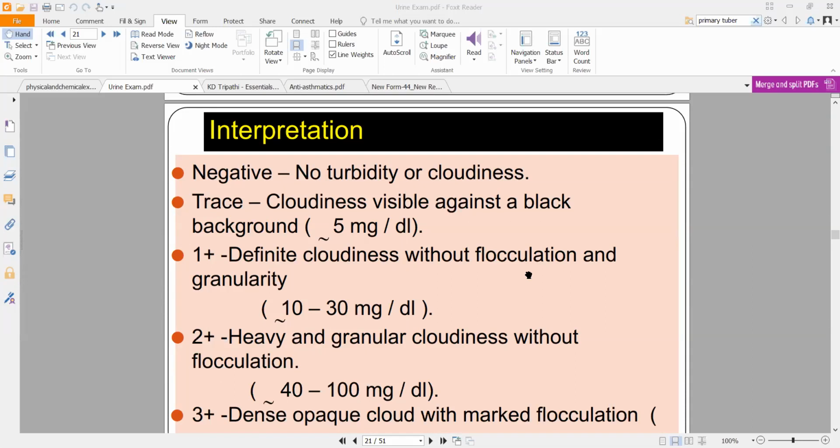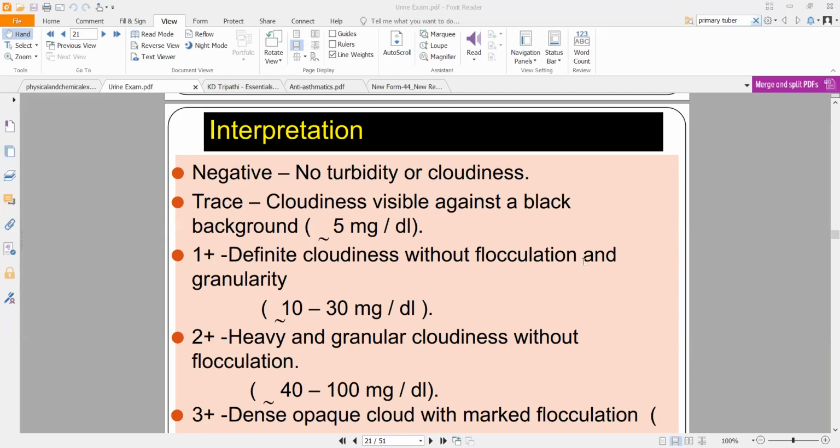Trace amounts will be around 5 mg per deciliter. Normal is, sorry, 10 mg per 100 ml. 1 deciliter is 100 ml. So here you are having quite a lot, almost 10 times more, almost 20 times more. 5 mg per deciliter versus the normal of 10 mg in 100 ml. So that's a big difference.